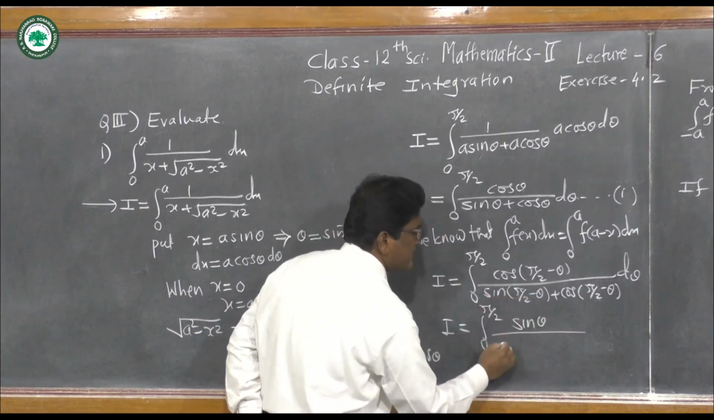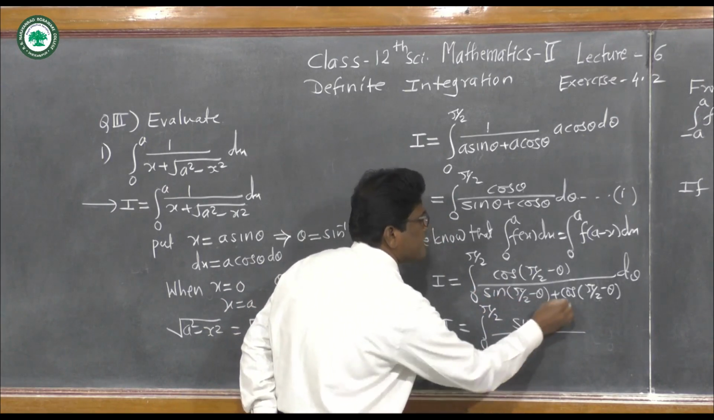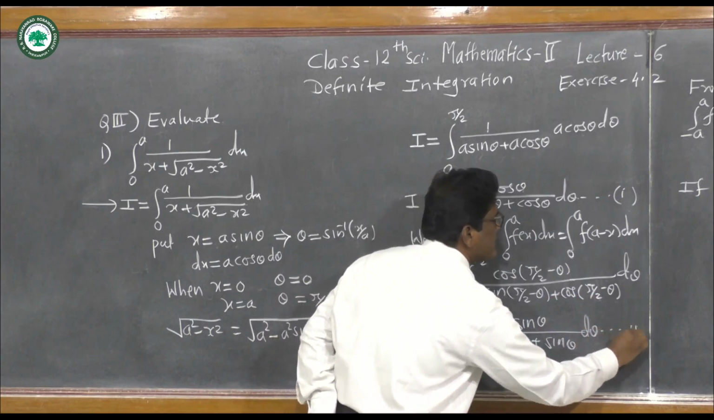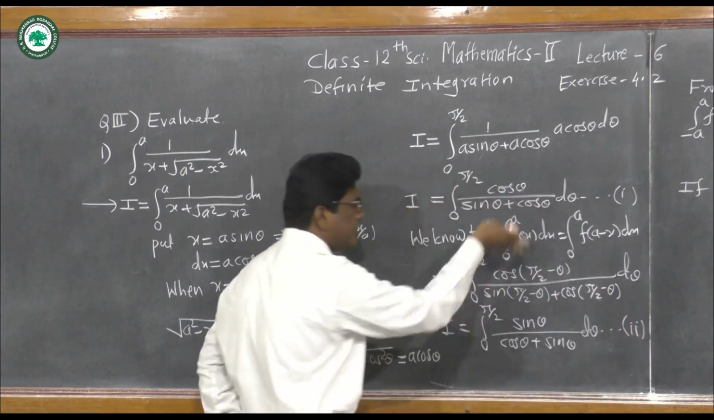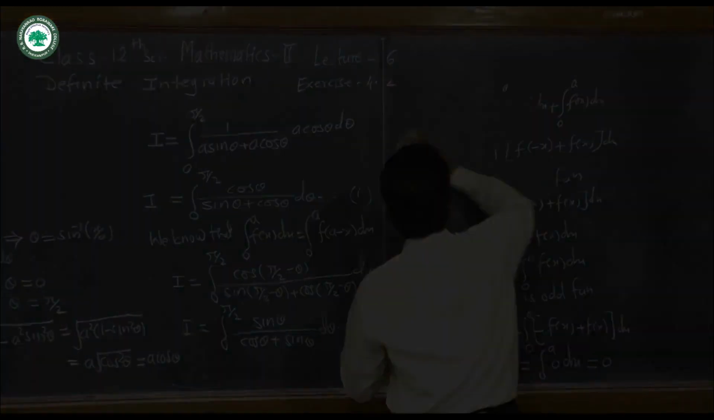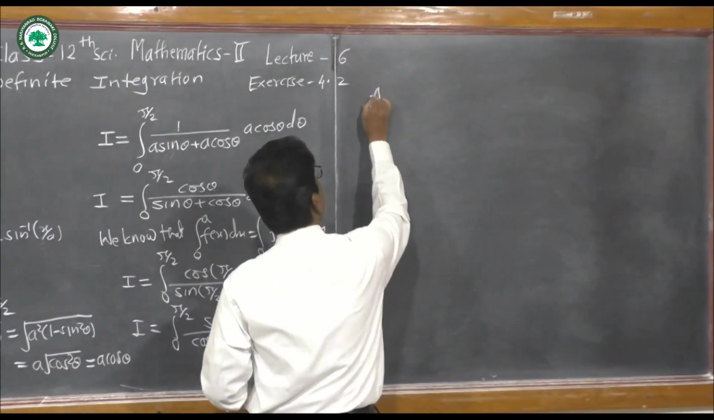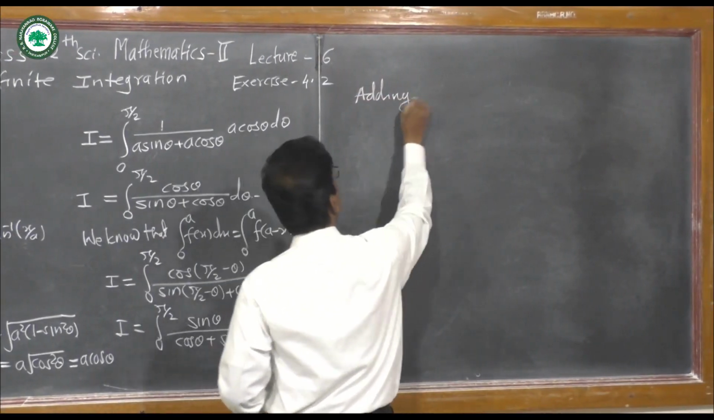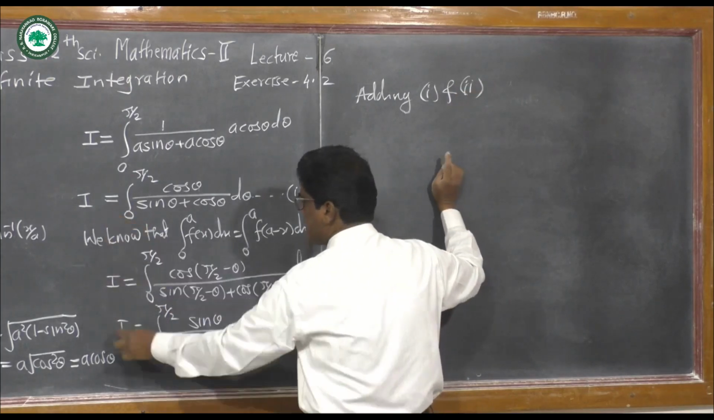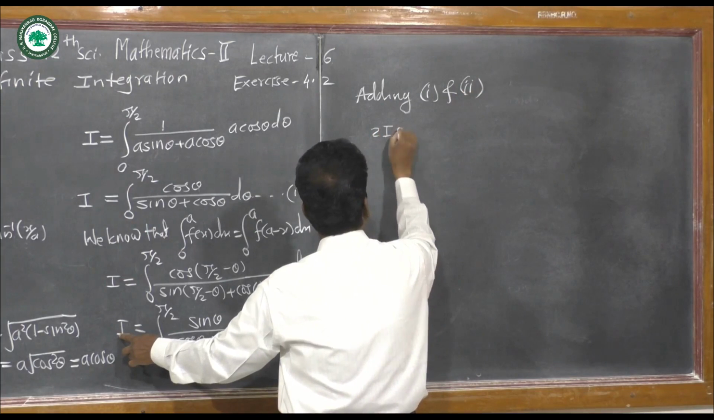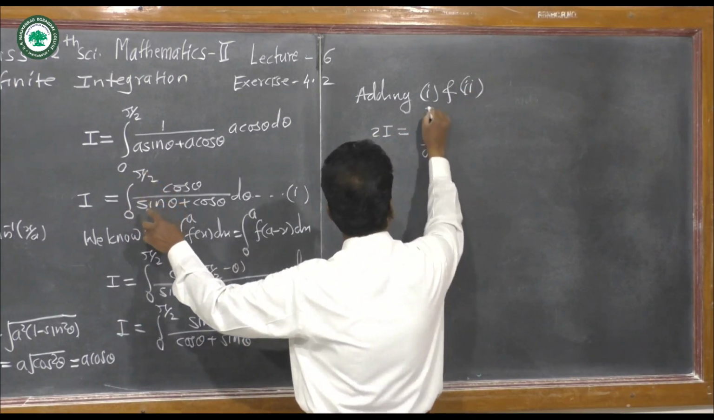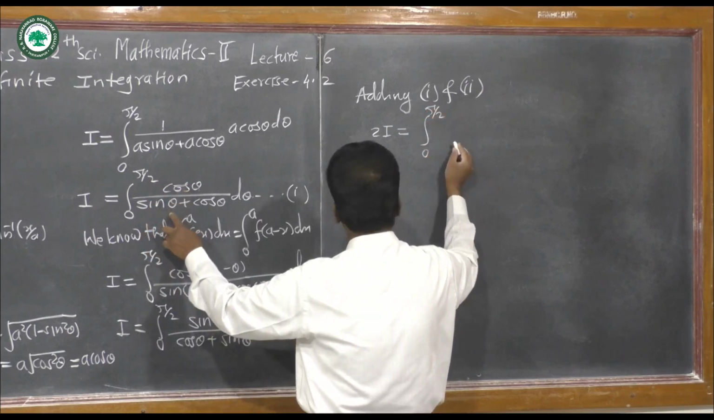Here sin of 90 minus theta is cos of theta, plus here cos of 90 minus theta is sin of theta, d theta. Call this as equation second. Now add first and second. Adding first and second, we add the left side. Left side is I plus I, that is 2I. So 2I is equal to the right side of the first equation, integration 0 to pi by 2 cos theta upon